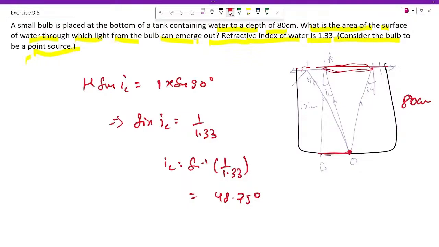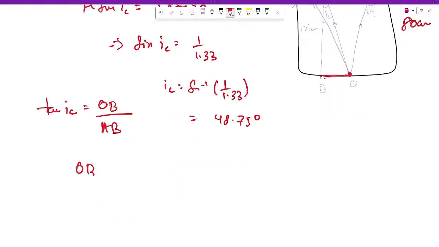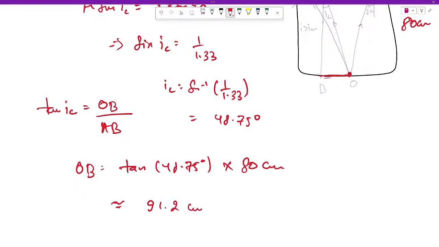Now radius OB can be found using the trigonometric relation: tan of IC would be equal to the perpendicular, that is OB, divided by AB. Here we have to find OB. We know that AB is the height, that is 80 centimeter, which is given. OB would be equal to tan of 48.75 degrees multiplied by AB, that is 80 centimeter, which will give us something around 91.2 centimeter, that is the radius